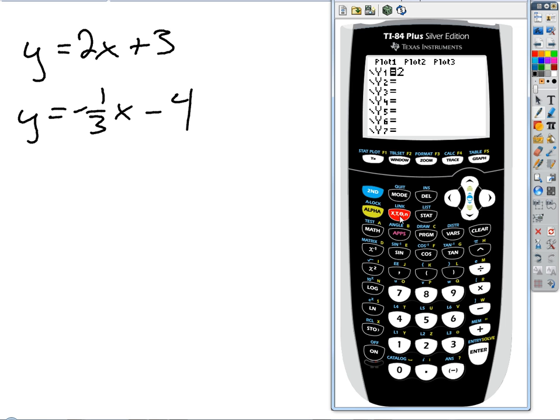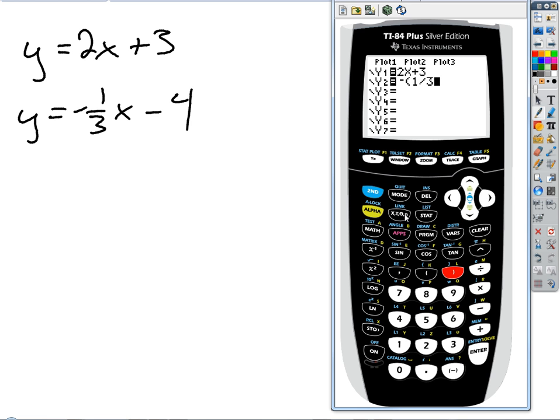2x plus 3, right? Oops, forgot my 3. Okay, so then when we go down here, I could use the fraction template, but I could also just do this. I could say negative and just put the 1/3 in parentheses. That's a quick and easy way to do fractions on any calculator. You just enclose fractions in parentheses. The calculator will always just treat that like a number, like it's an integer, okay? So in parentheses, I can say 1/3